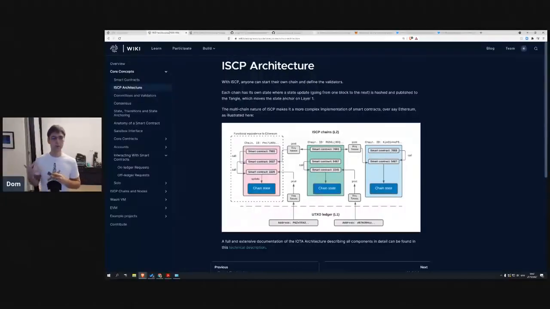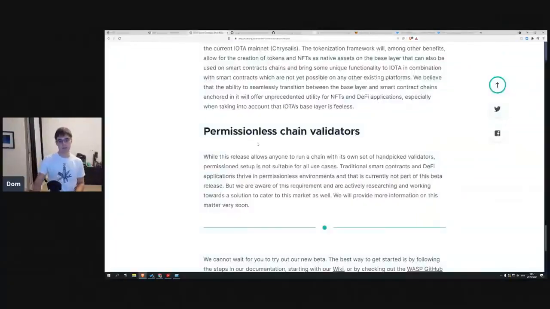The way that it works right now is more permissioned, right? Where you define who the validators are. And that's great for sort of enterprise applications, but it's really not great for DeFi or for anything else. And as some community members have been saying for quite some time, is actually how do we make this permissionless? And we've been working on this for a little over a year now, I would say. And it was a lot of work behind the scenes, but we have really defined the path forward